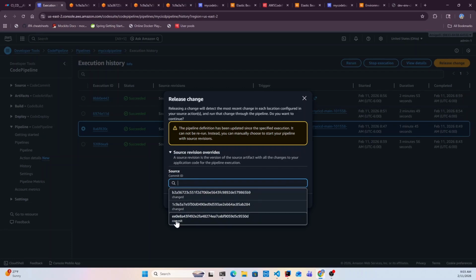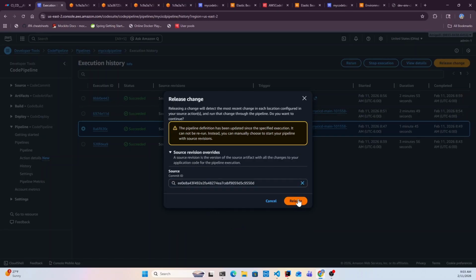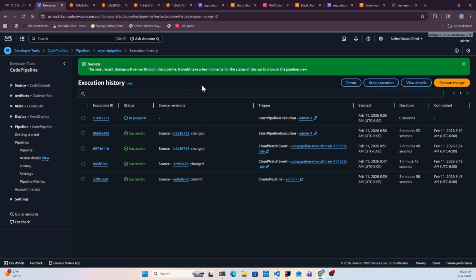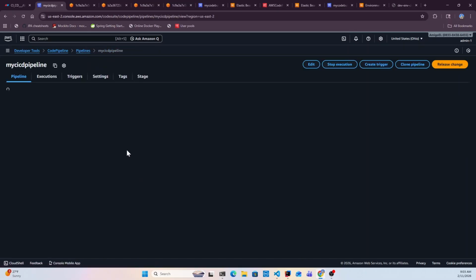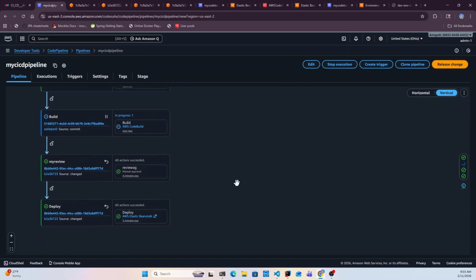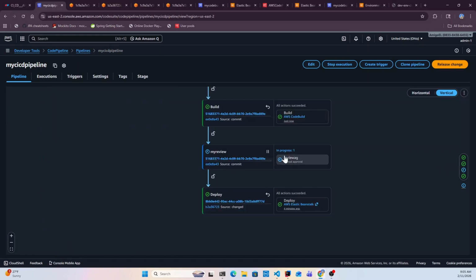Okay, changed. We actually gave the change to every single command, right? So I'll just do commit. So we are good getting back to the first one, and then I will release it. Okay, so it's going to be the first one, but that's fine, right? In production, we'll be writing a clear message, commit history, so that we can distinguish which one is the commit that we want to go back to, and this will trigger a pipeline, and it will take a couple of moments. All right, I'm going to approve it,